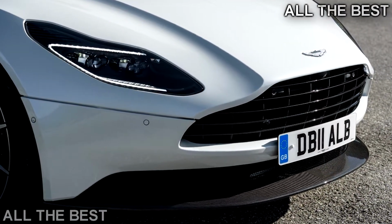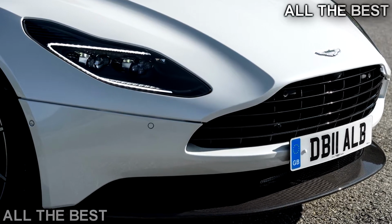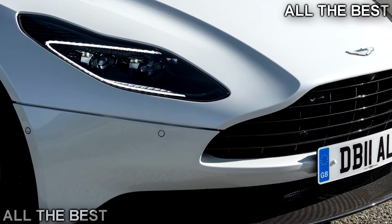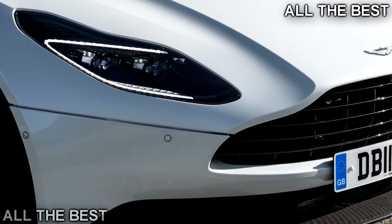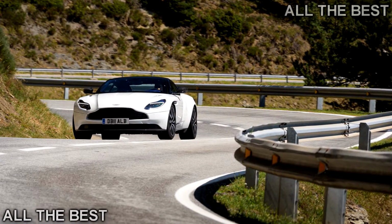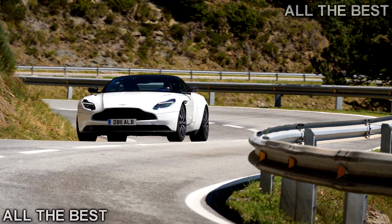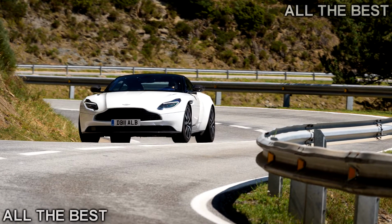Mind you, Aston didn't simply drop a stock AMG engine under the DB11's aluminum clamshell hood. The Brits fiddled with the mill to inject a character more befitting of tea and cucumber sandwiches than sausage and sauerkraut. When the team dialed in the sound for the DB11 V8, they really looked at the sound waves, said